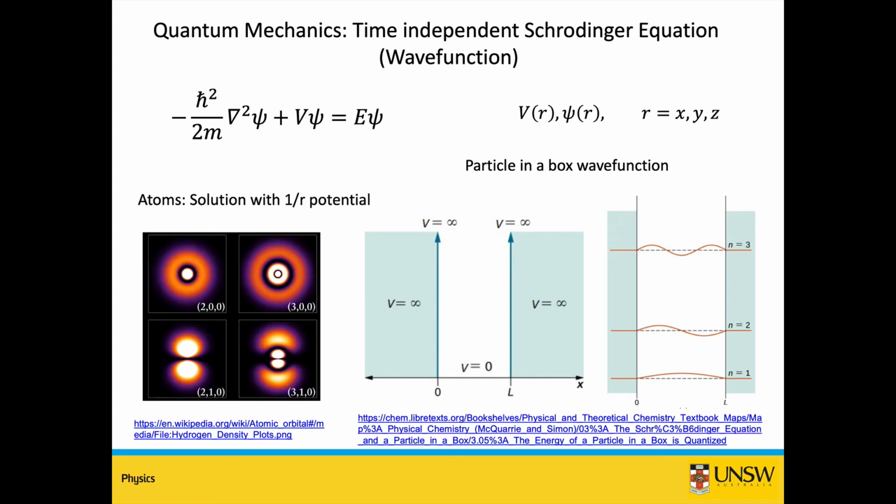And if you go beyond the particle in a box problem, you can solve all kinds of problems with this type of Schrodinger equation. For example, instead of a potential well, you can have a 1 over r potential that describes the potential of an atom such as hydrogen. And then you get the atomic orbitals, s, p, d, f orbitals, which you have learned about in chemistry. And they assume different types of shapes, some of which are shown in this figure.